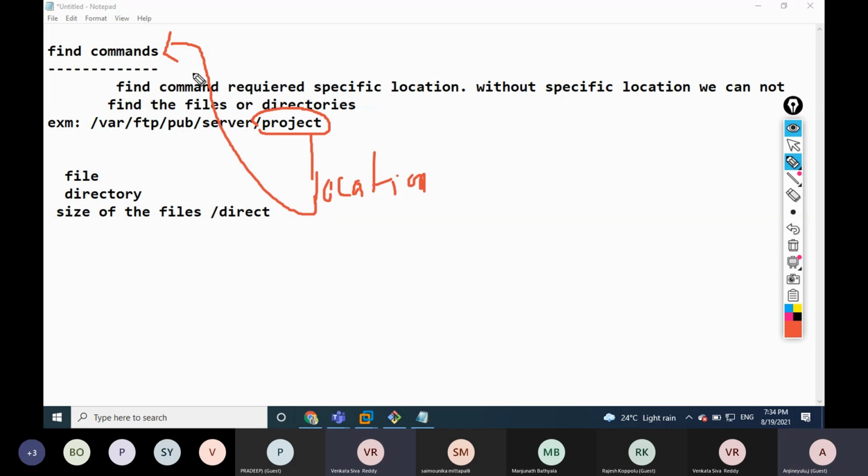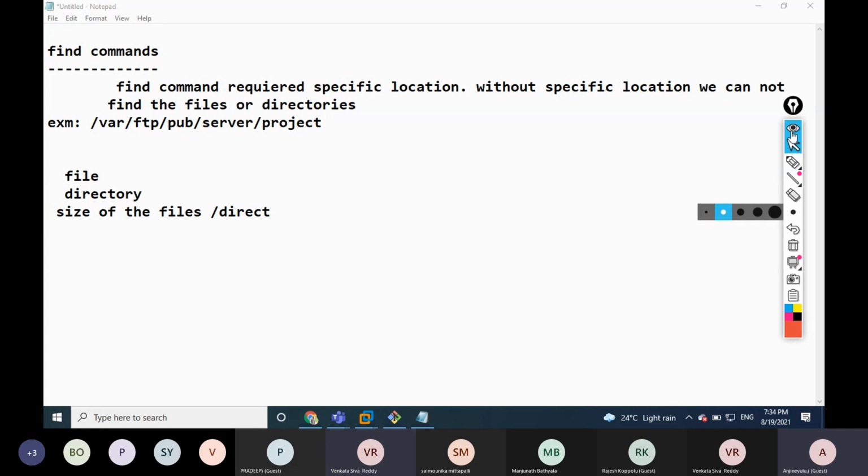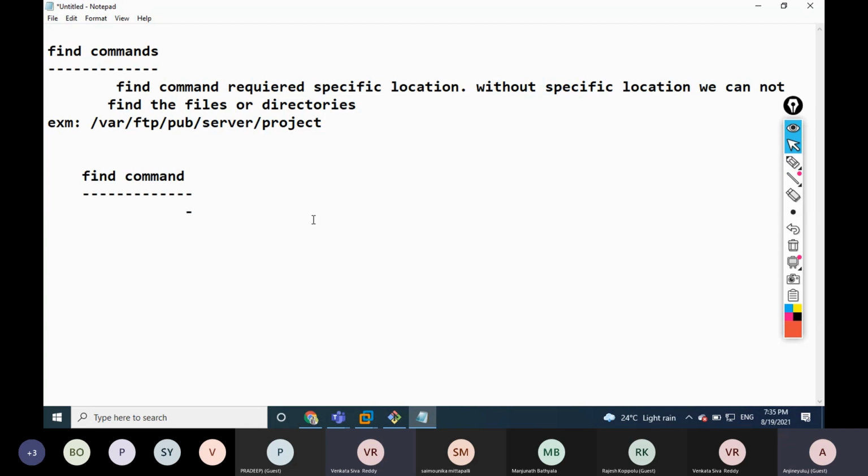So whenever we use the find command, we can search by using the name.